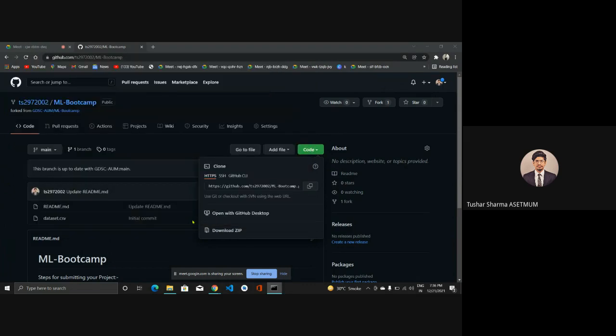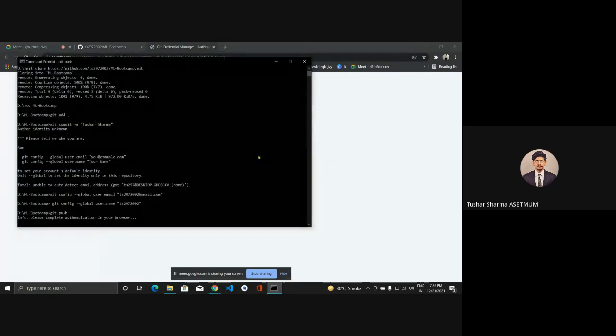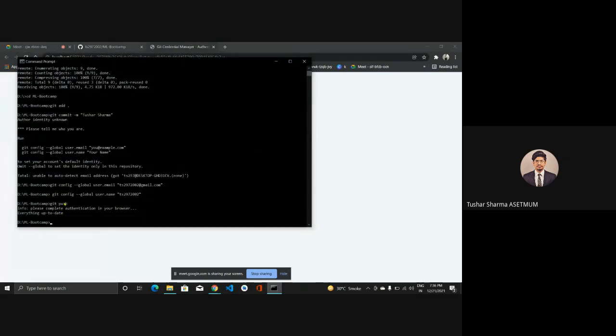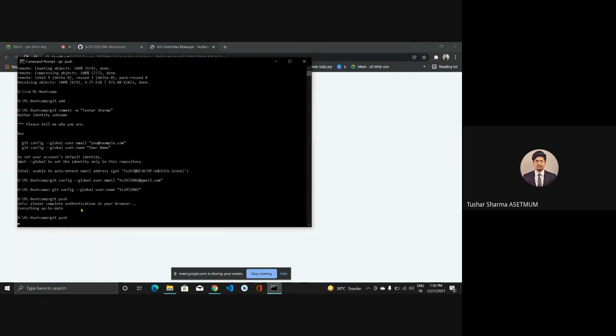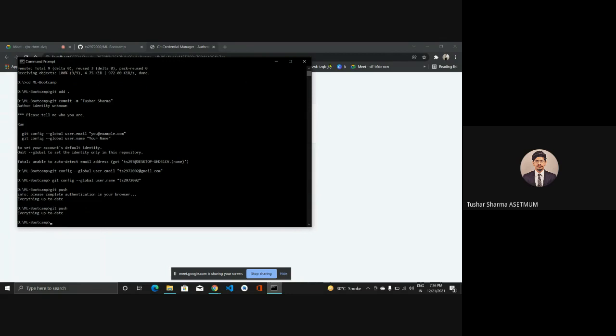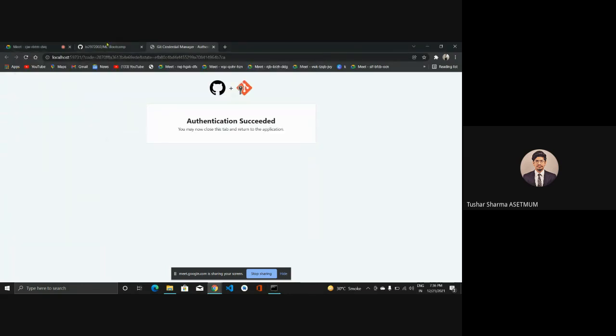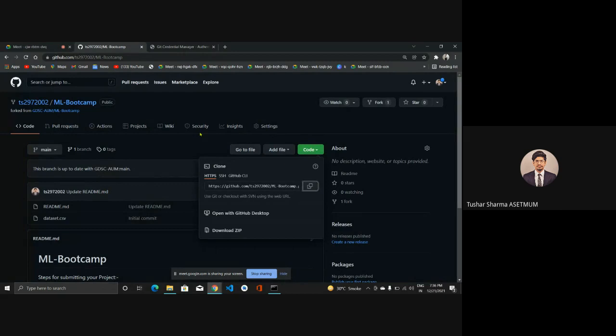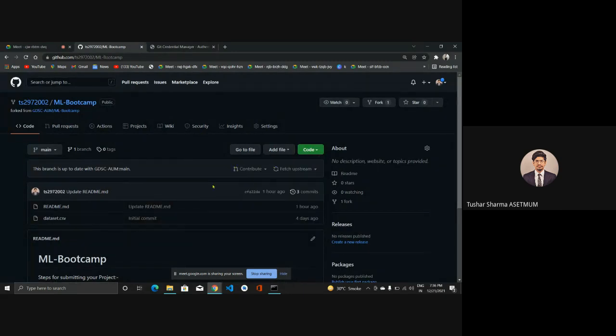For this you need to sign in through your account. Now git push, everything is up to date. I'll do it once again, git push, everything up to date. Okay, so it's done. Now if you want to create a pull request, as I have mentioned in the steps,